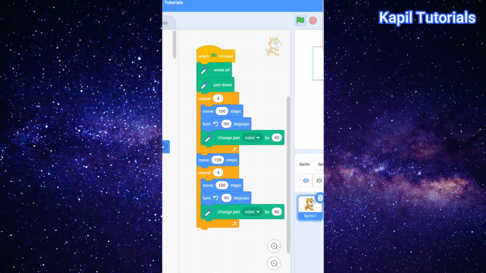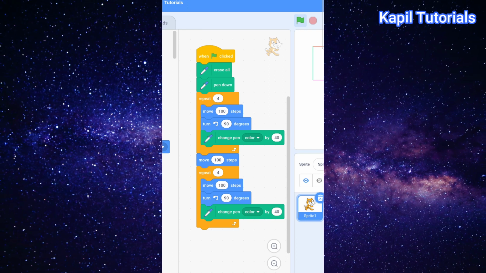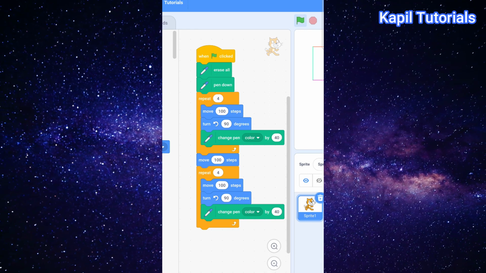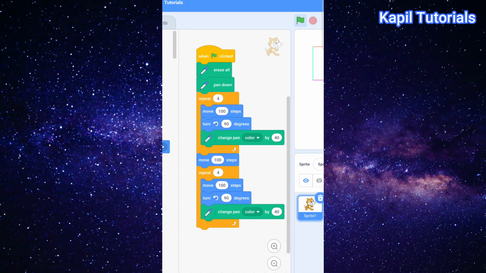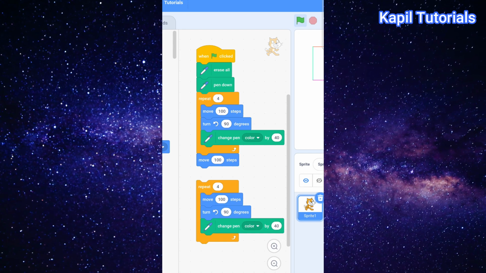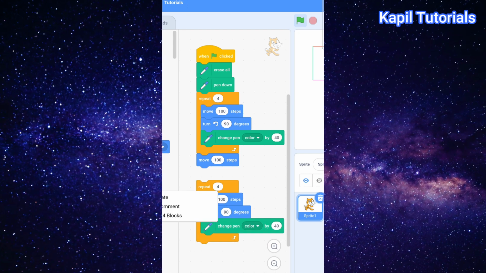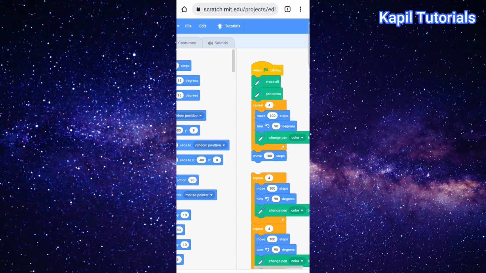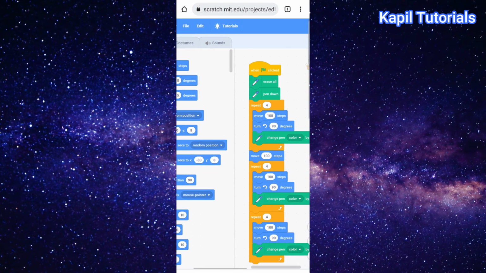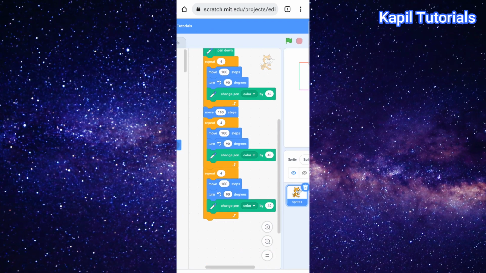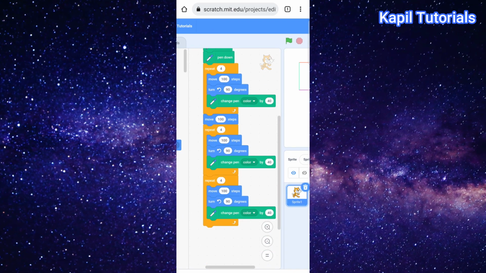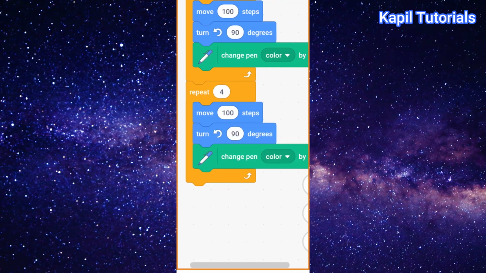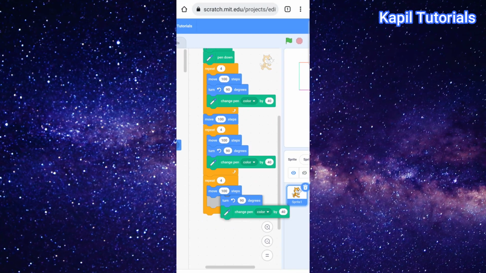So I'll do little changes here. There is no need of any move command here. What I'll do, I'll firstly duplicate just to save time. Okay, I've duplicated it. I'll place it here. Now here you could see the turn command. This I have to change.